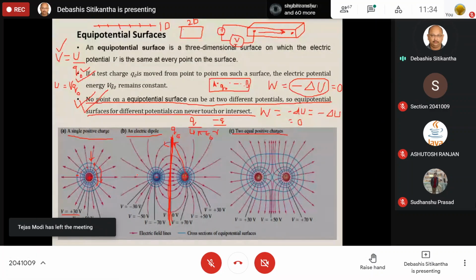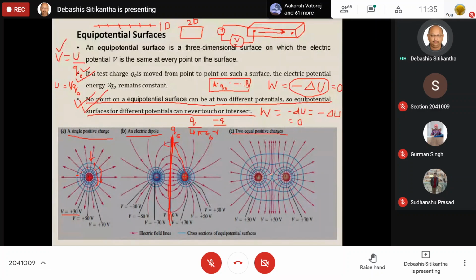Okay. Now let us try to analyze the same thing over here. If you see this shape, it looks quite like an 8. So here one confusion may arise. It seems to be intersecting, but actually it is not intersecting. It is in this manner, but very close to each other. But they can never intersect each other. Why? Oh, sorry, I am sorry. These two, at one point, they will intersect each other. Why will they intersect each other?